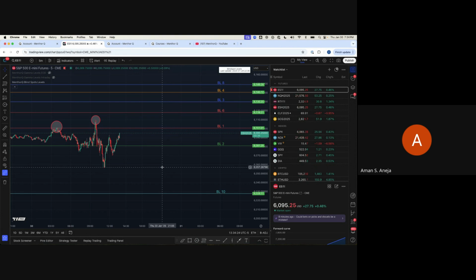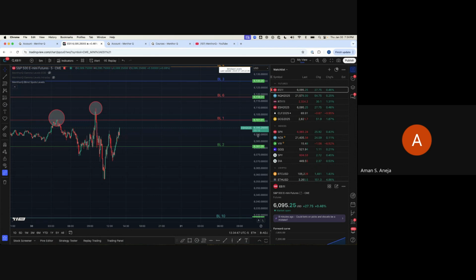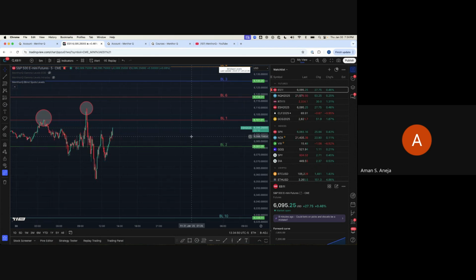And if you missed it, you could have also taken it back at blind level 2, where we are right now. This is a data set that, and I've been trading for many years, one just did not have, right? You had to spend a lot more money on it than what MentorQ is charging. So the levels are there, but